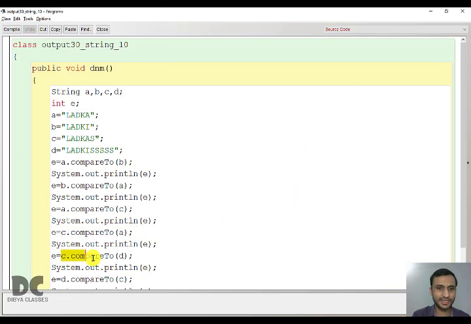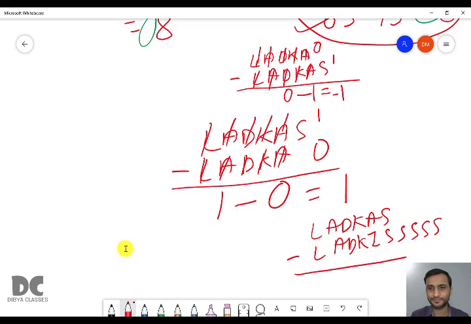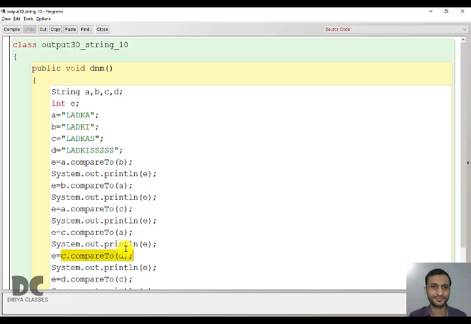Next, we are comparing C with D, that is ladkas with ladkis. LADK cancels, then A minus I. You don't have to bother about the rest. We only subtract A minus I, which is -8.